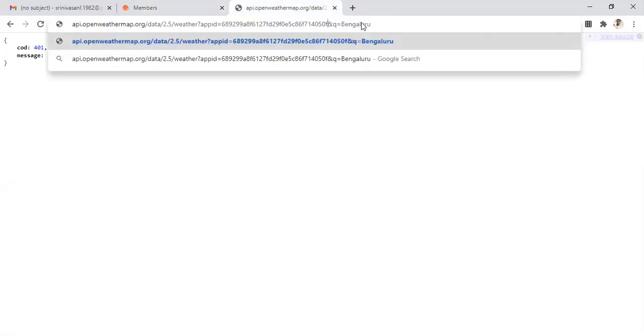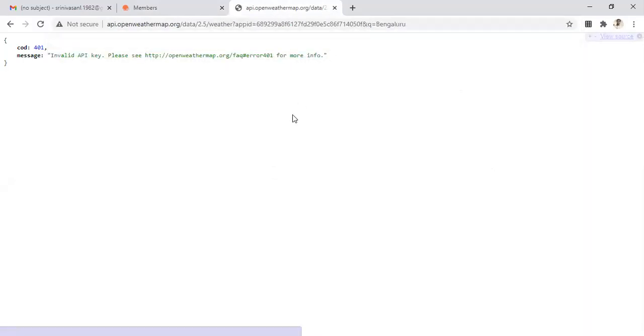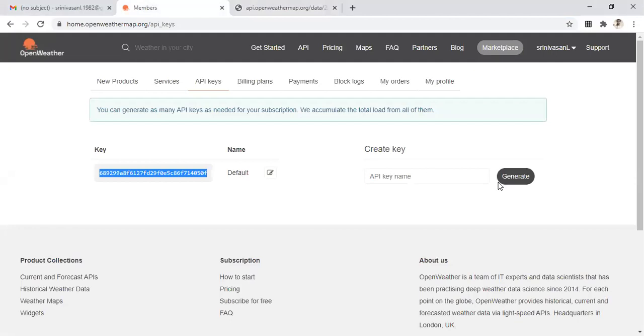I have pasted it correctly, right? And the Q I've done correctly only. What is the error it is showing? It is showing invalid API key. Maybe I can generate one more key.